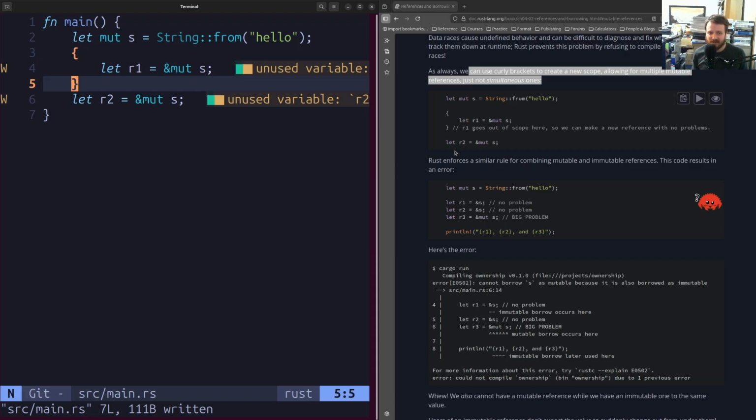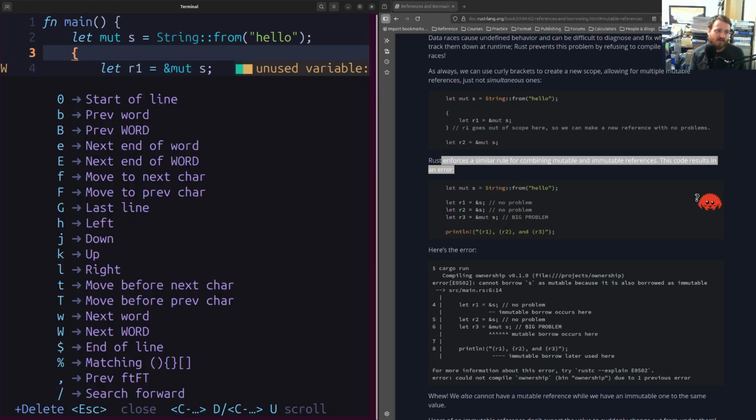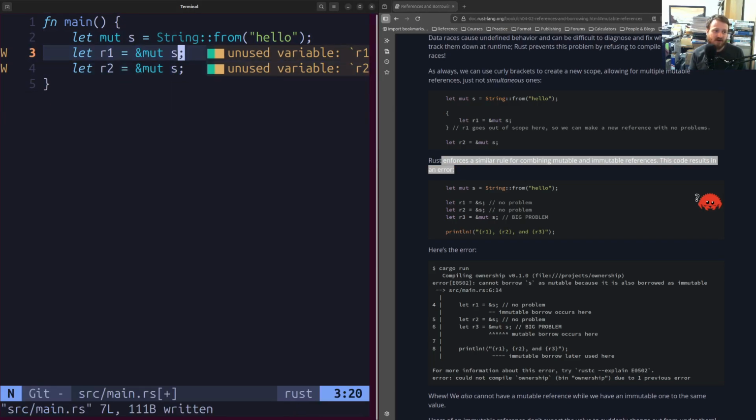Now, let's get back to the book. Rust enforces a similar rule for combining mutable and immutable references. This code results in an error. Yeah, let's try this out. So let's get rid of our extra scope variables. We've got r1, s1, and let's get rid of these mut so that we're just talking about references to s,